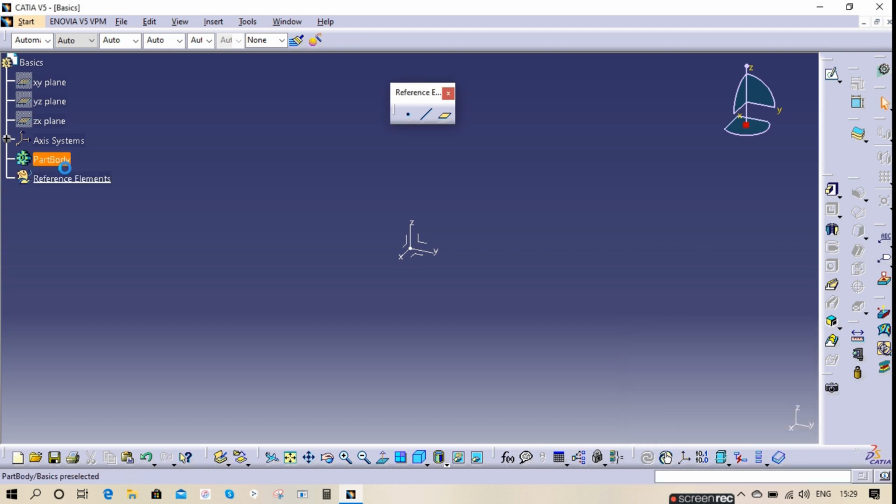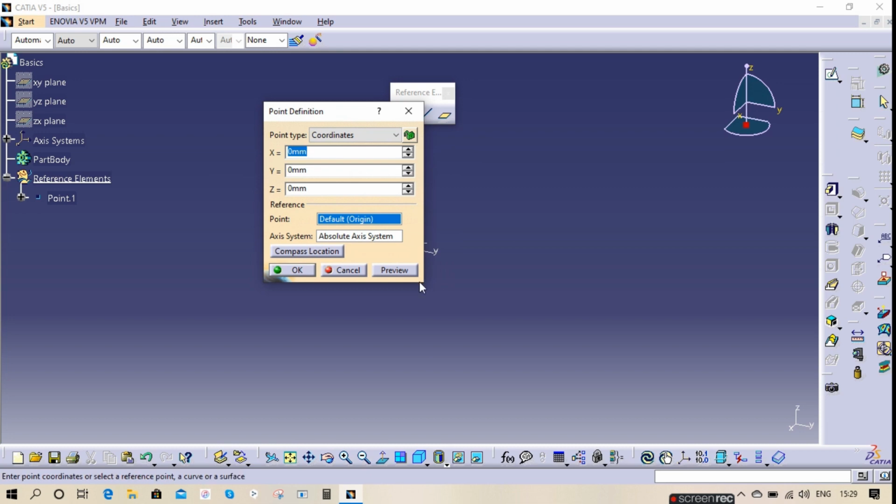So reference elements in CATIA are all points, planes and lines or any profiles. Whatever extra operations apart from the part body, we list them below these reference elements. Keep this as a habit: make all points, lines and planes or profile sketches in the geometrical set and name it as your requirement. Today I'm going to explain reference elements, so that's the reason I kept the name reference elements. Now we'll see the points list one by one.